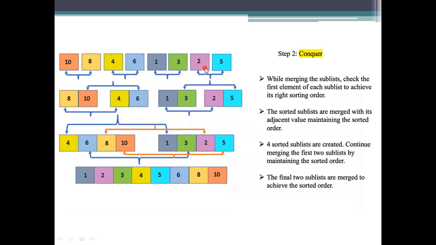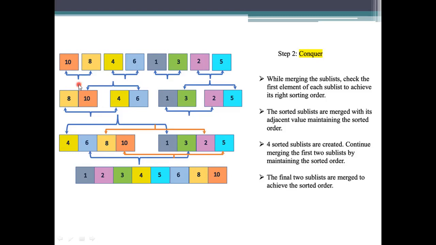Now we need to conquer and merge this. Conquering and merging will be performed at once here. How are we going to perform this? Just compare the two elements of each subarray. If one has the minimum value, shuffle the places and form an array.